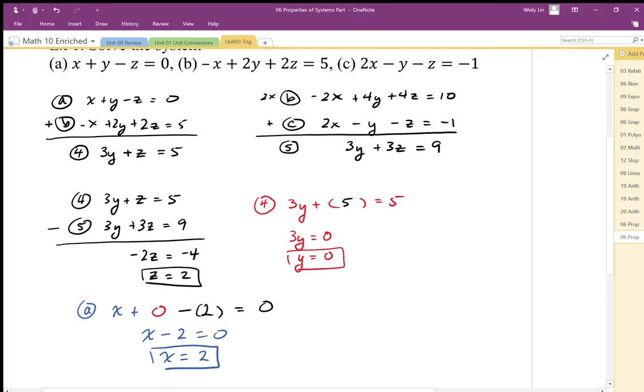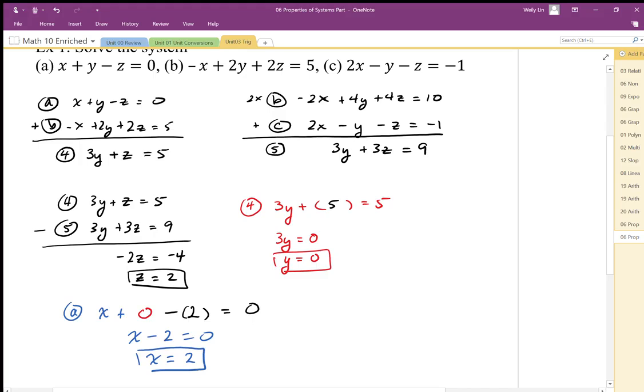And I can check this by checking my equations. So 2 plus 0 minus 2 equals 0. That's correct. Negative 2 plus 2 times 0 is 0. Plus 2 times z. 2 times 2 is 4. So I get negative 2